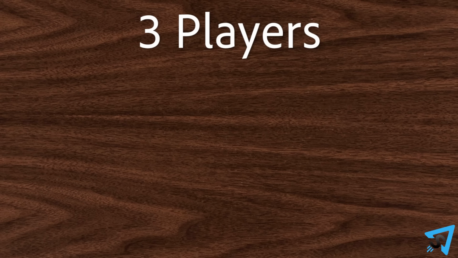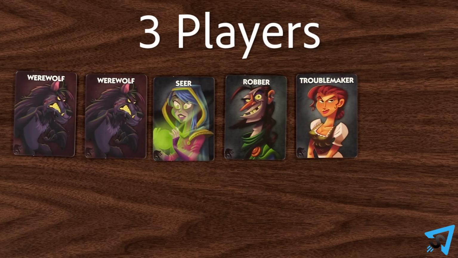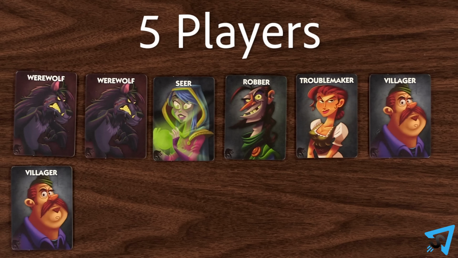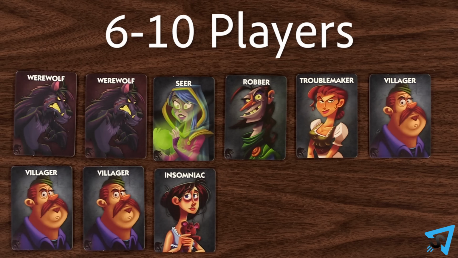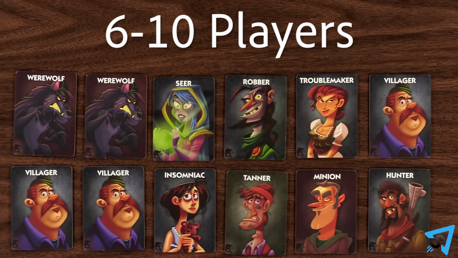For 3 players, use 2 werewolves, 1 seer, 1 robber, 1 troublemaker, and 1 villager. For 4 players, add another villager. For 5 players, add another villager. For 6 to 10 players, add cards so you always have exactly 3 more cards than the number of players